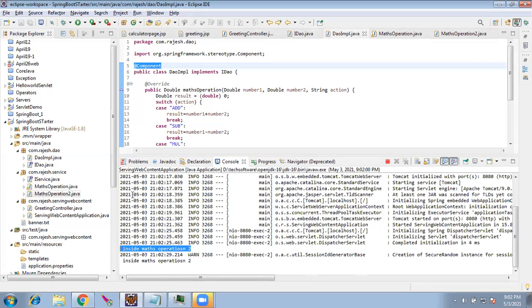So the Spring flow is controller, service, DAO. Always remember this. When you speak about Spring, what are the keywords which you have to remember? DI, IOC, talk to interface, controller, service, DAO, autowiring, @Component, @Qualifier. Anything else I missed? These are the primary keywords you have to remember, and we saw the application.